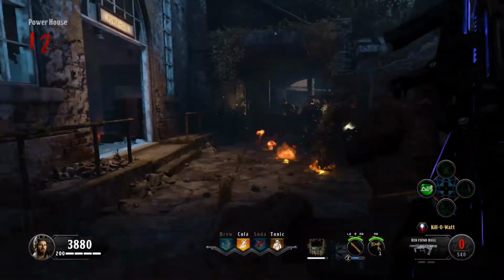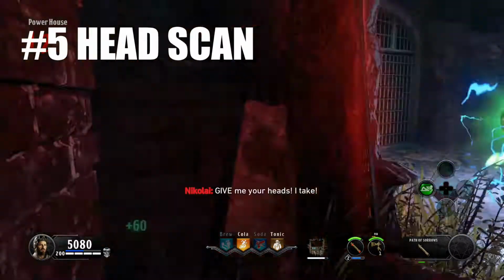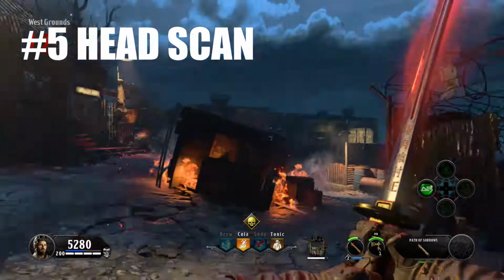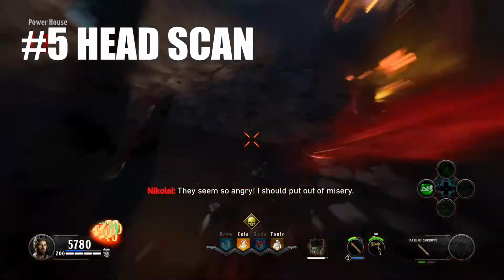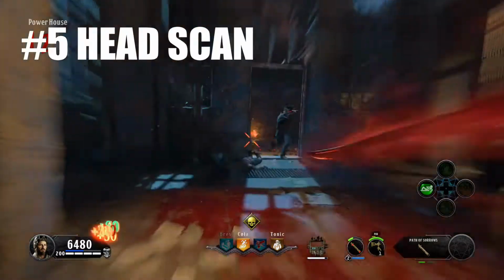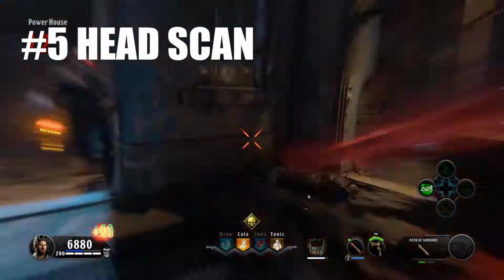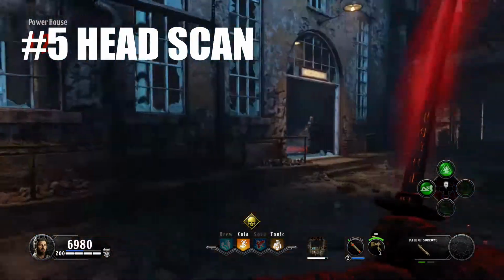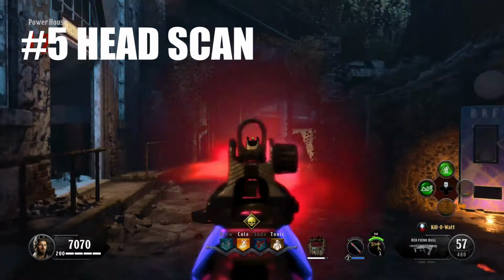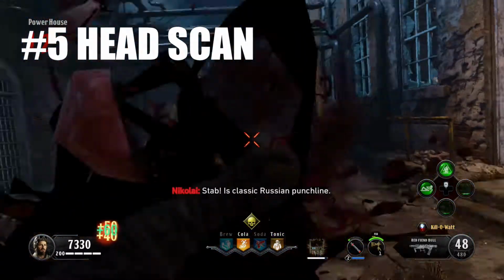So kicking things off with our number 5 spot, we have Head Scan. What this does is, for 2 minutes, you have a chance that whenever you get a headshot on a zombie, it will be an instant kill. This is a lot like Lucky Crit back in World War II zombies, where it's pretty much the same thing, but it's useful because on any high round, if you get a headshot, there is a chance that that headshot will be lethal. Of course, this does only last for 2 minutes and it does take a bit to recharge,